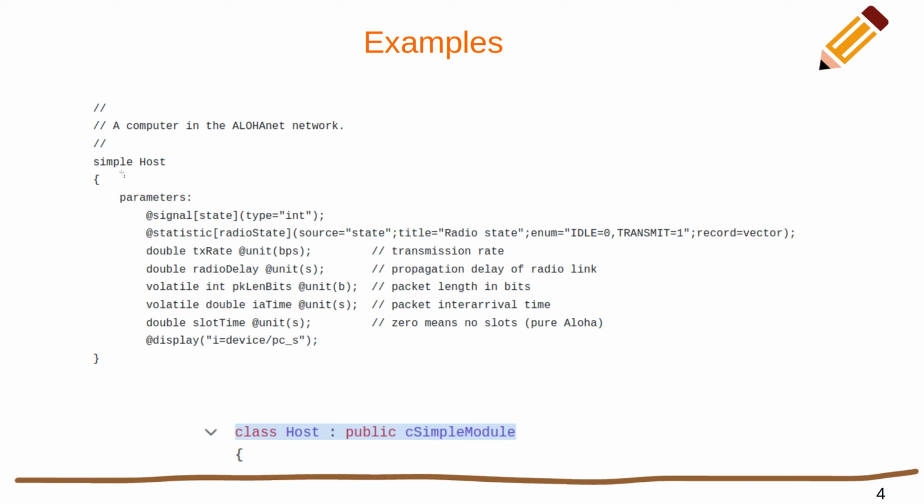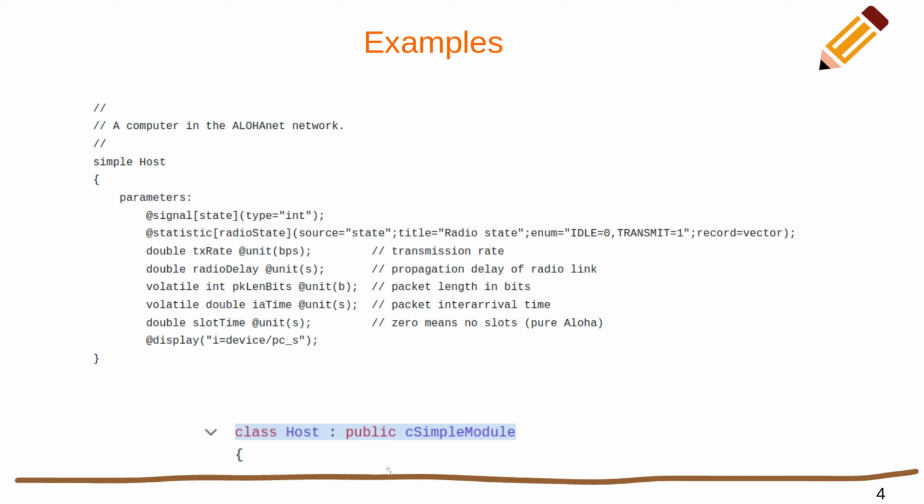You'd have the keyword simple and then the name of the simple module. This is the NED part, and the module will have parameters. But then the behavior of the simple module has to be implemented in C++. So you'd have another file, a C++ file with a class with the same name, and it has to inherit from the